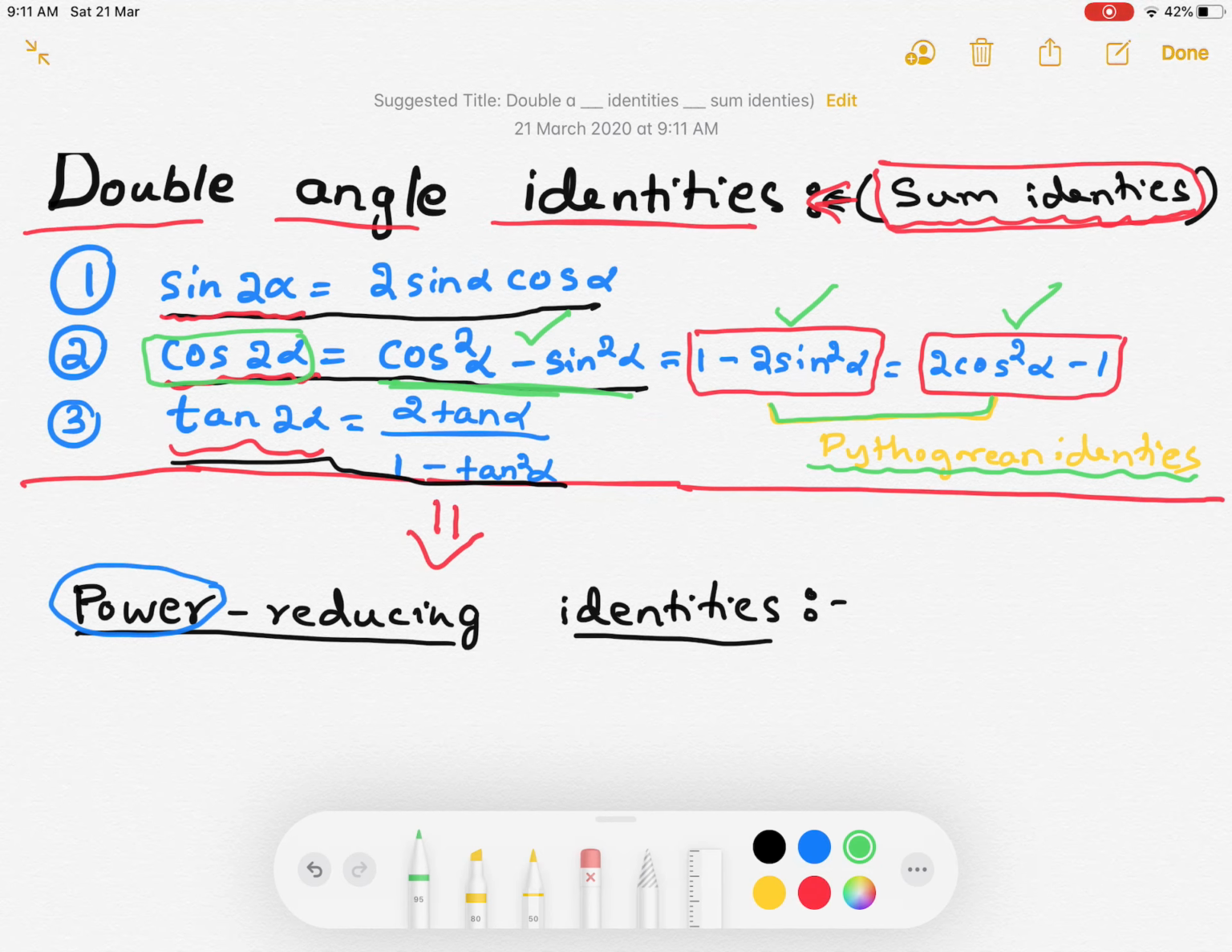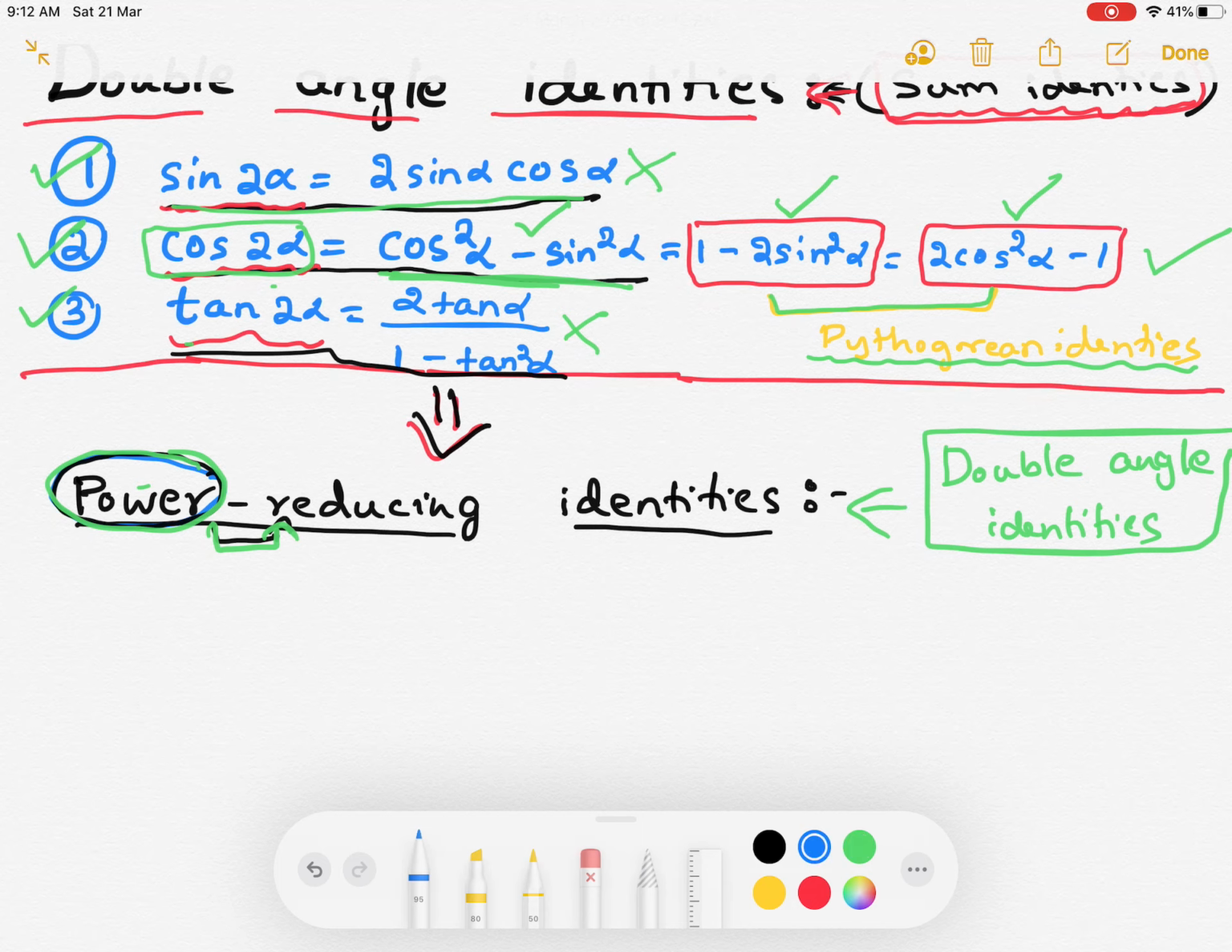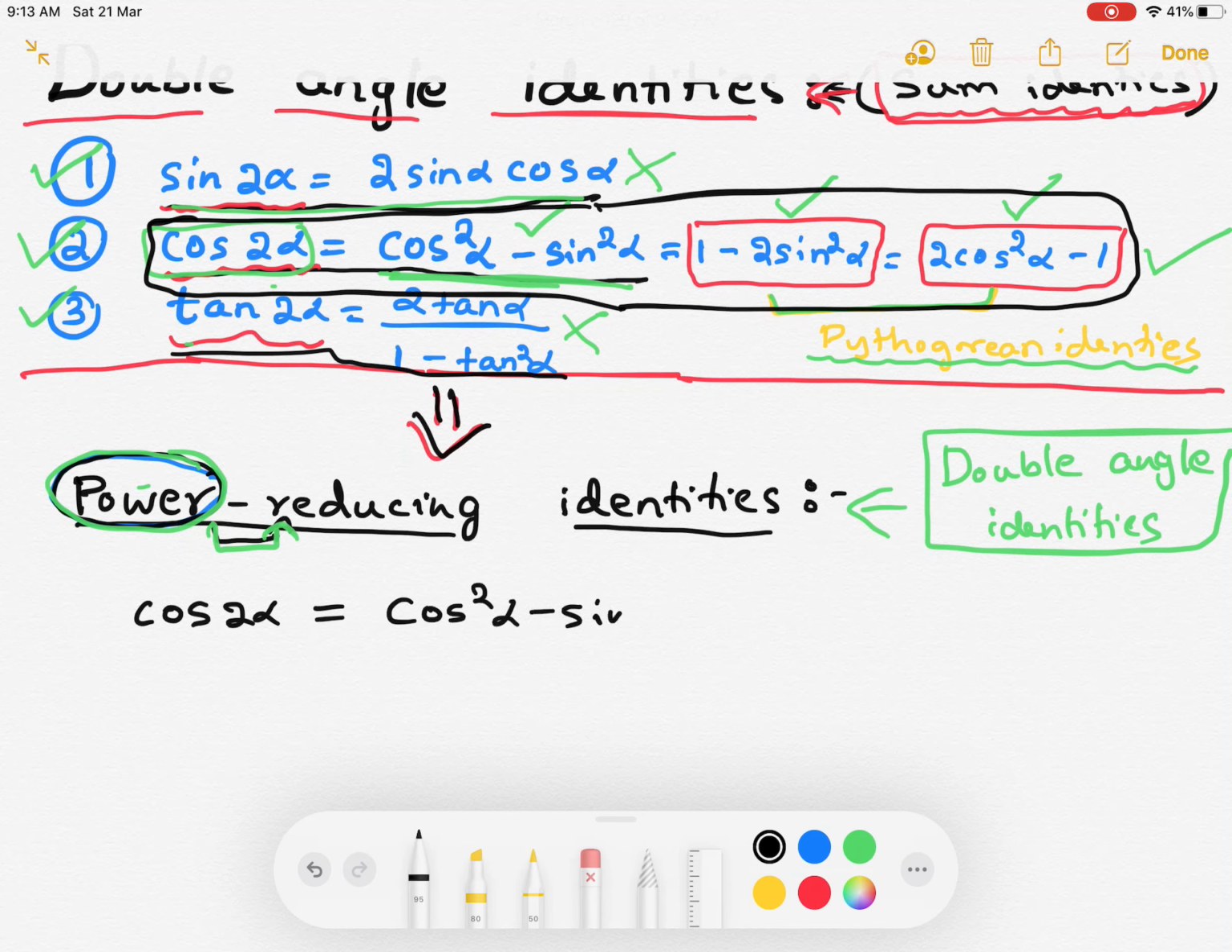So look at these three identities. Where do you have power? In sine 2 alpha, do you have power? No. In cosine 2 alpha, yes, we have power. In tangent 2 alpha, no, we don't have power. So in this case, we are considering only cosine 2 alpha. Cosine 2 alpha is equal to cosine square alpha minus sine square alpha